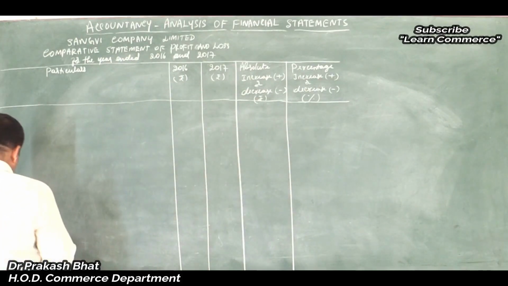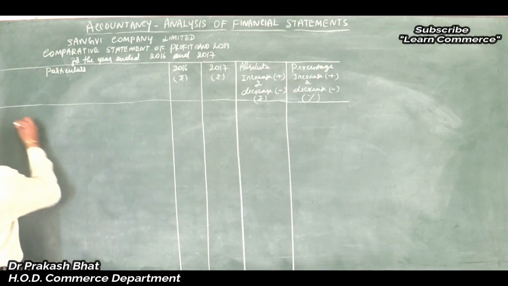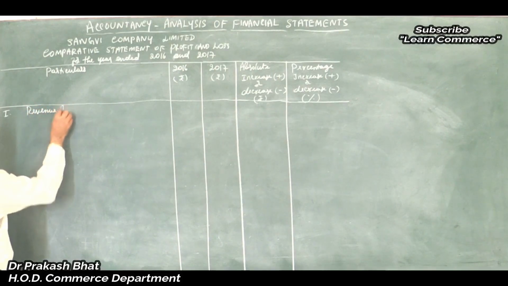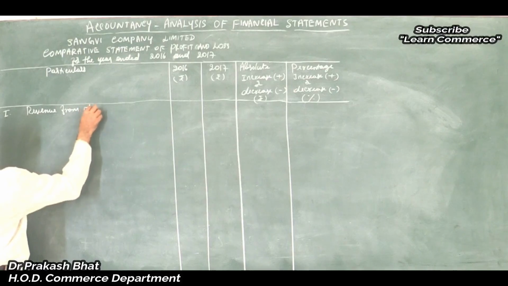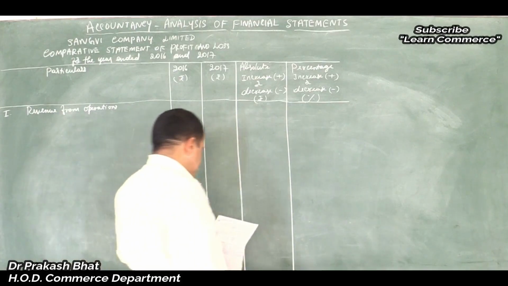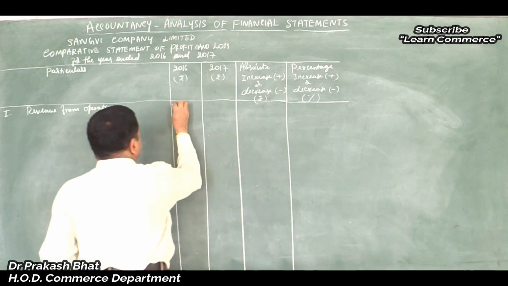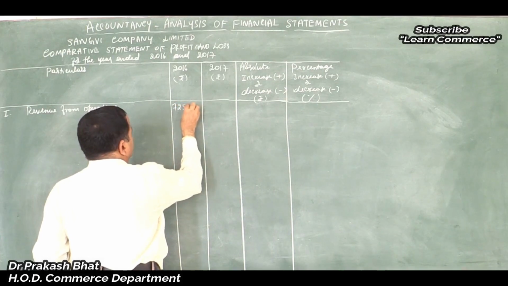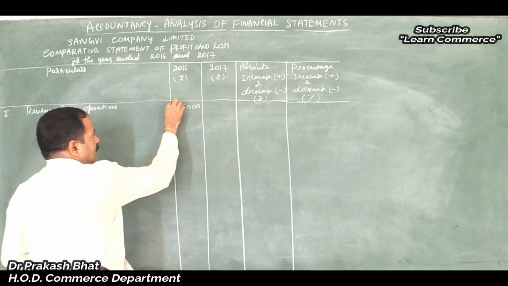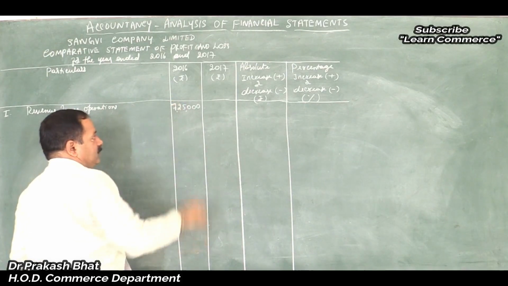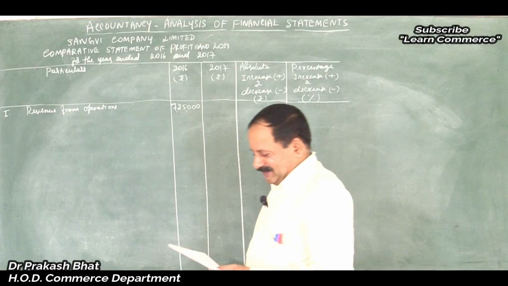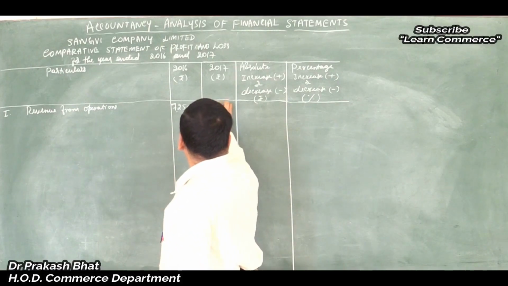Ready? Yes, let us start. Revenue from operations, Roman 1, revenue from operations. How much is given in the problem? Whatever is given in the problem, same amount you have to write, that's all. Simply copying, like you are copying in examination from your friend's answer booklet, isn't it? No, our students are very good. They never copy, isn't it? Yes. 8,15,000.